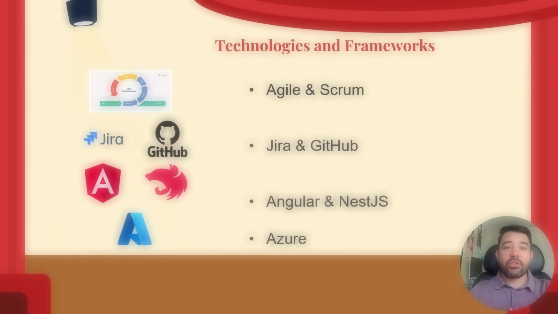GitHub also served as our version control system, helping us manage code changes, handle pull requests, and ensure smooth integration between the front and back end code base. On the development side, we used Angular for the front end to create a responsive component-based user interface. Our backend is built with Nest.js, which provided a structured and scalable way to build out our API and handle